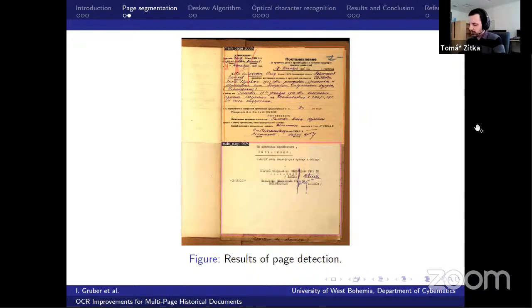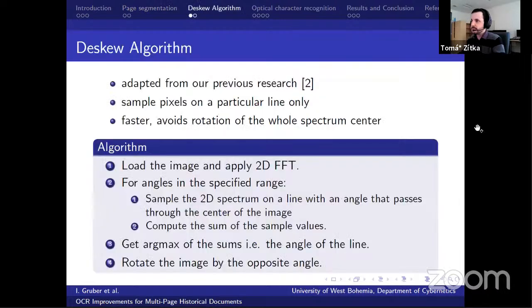Pages which then continue to other processing. For the skew algorithm, we adapted our previous research. The skew algorithm starts by converting the image by fast Fourier transform into spectrum space, and then we